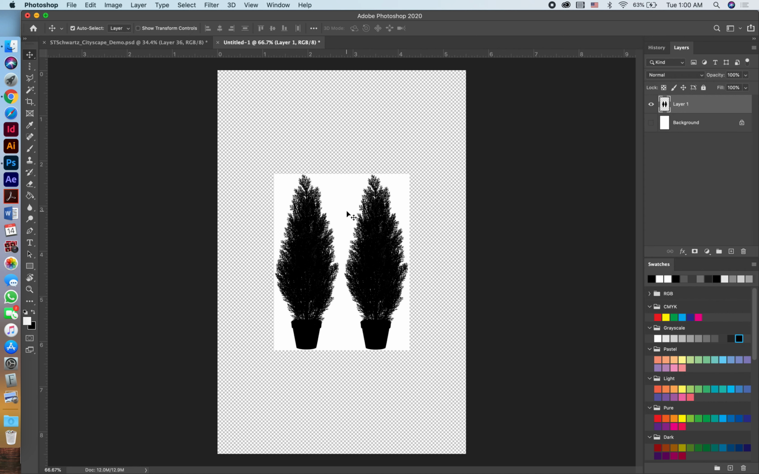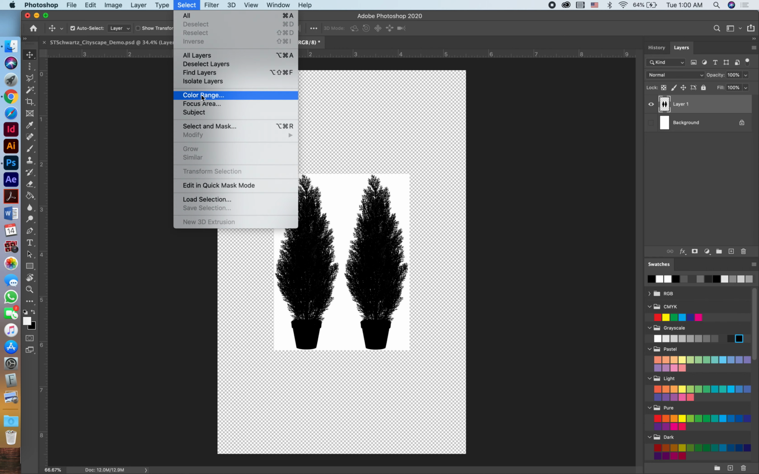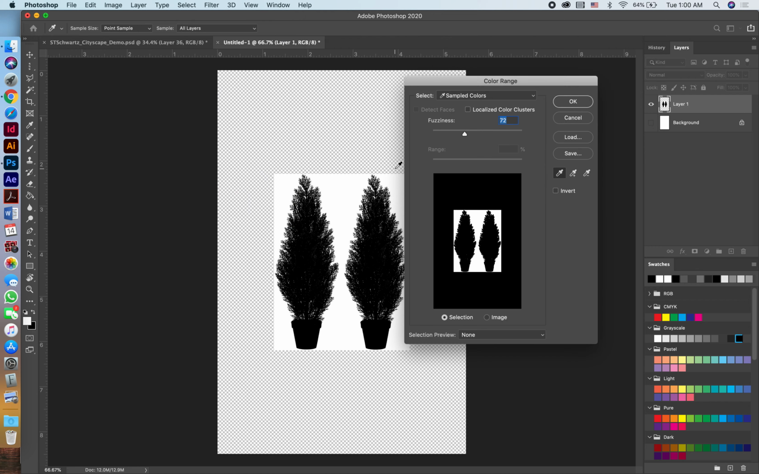Our next thing is going to be to get rid of this white background. A white background is actually one of the easiest things to get rid of in this situation because it's such high contrast with the black shape and it's such a flat color. Any flat color is easy to get rid of. I'm going to do this by going to Select, and I'm going to use this option called Color Range. What this lets us do is I'm going to use the eyedropper,